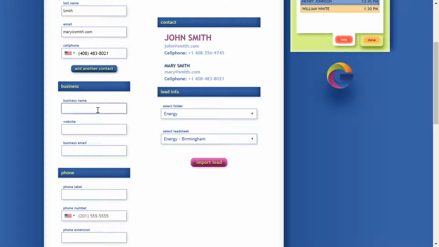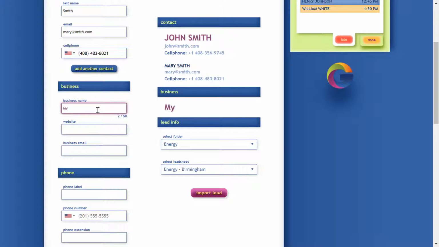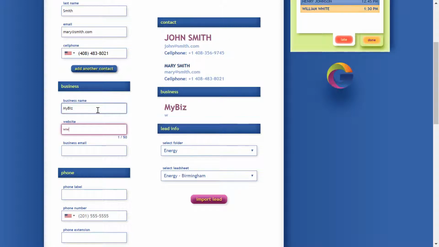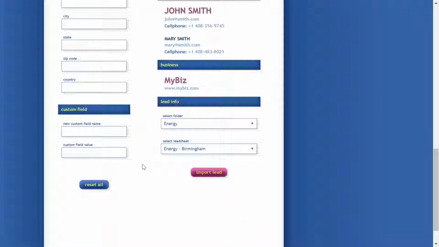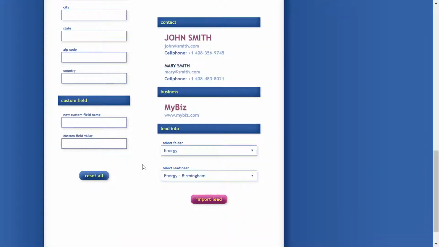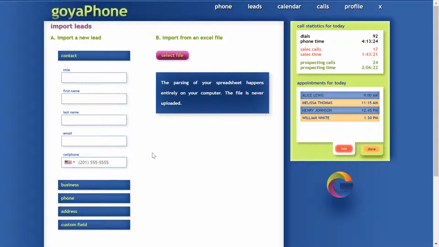You could continue and add the business names, so we can put mybiz, www.mybiz.com. And you can continue and add the phone number, and the address, custom fields, and all that is pretty self-explanatory. So what we're going to do is we're going to look at how to import leads from an Excel